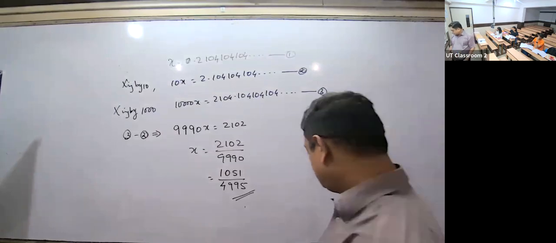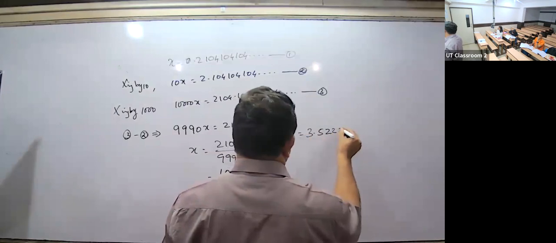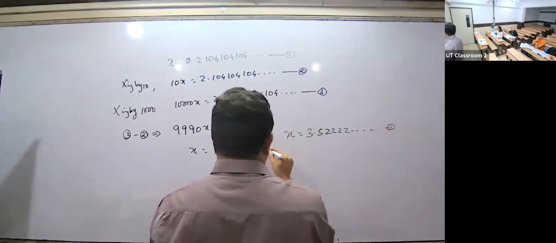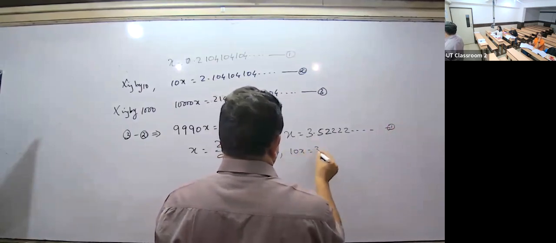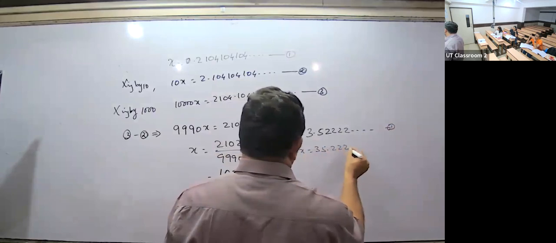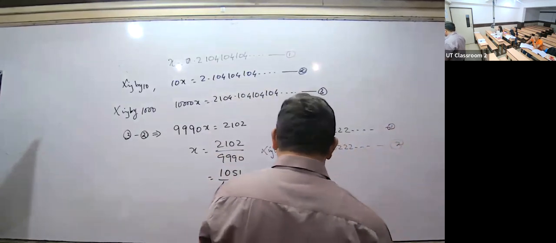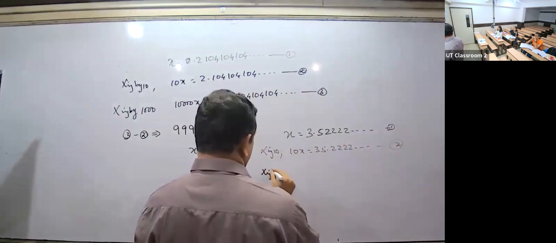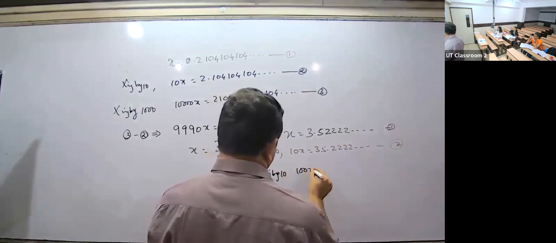Got it? Yes, sir. x = 3.5222... What you have to do is multiply by 10. So what do you get? 10x = 35.2222... Again, condition. Now what do you have to multiply by? Again 100 or 10? 10. So multiplying by 10, what do you get? 100x =